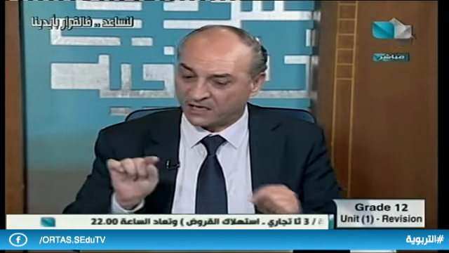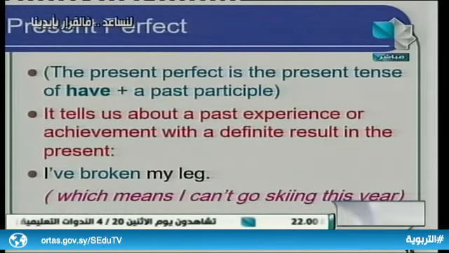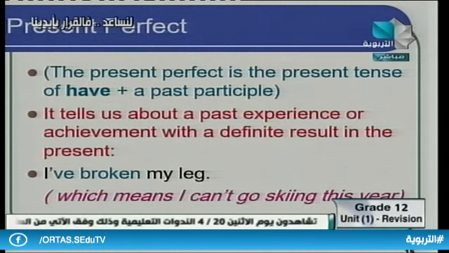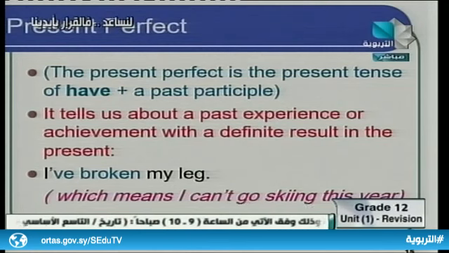Now, because we don't have time, we have only 5 minutes, in fact. Okay. So let us try to focus on the present perfect directly. Page 15, please. Mr. Mazin, please. The present perfect. You have only 2 minutes, please. Slide 15, the present perfect. Yes. What is the present perfect?